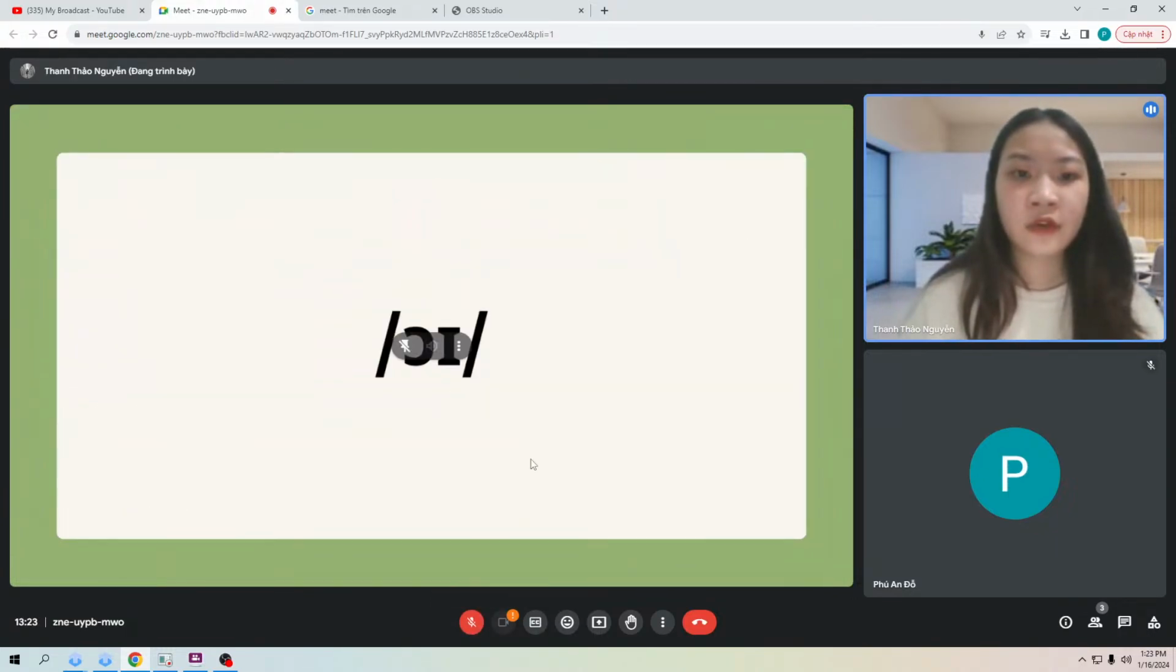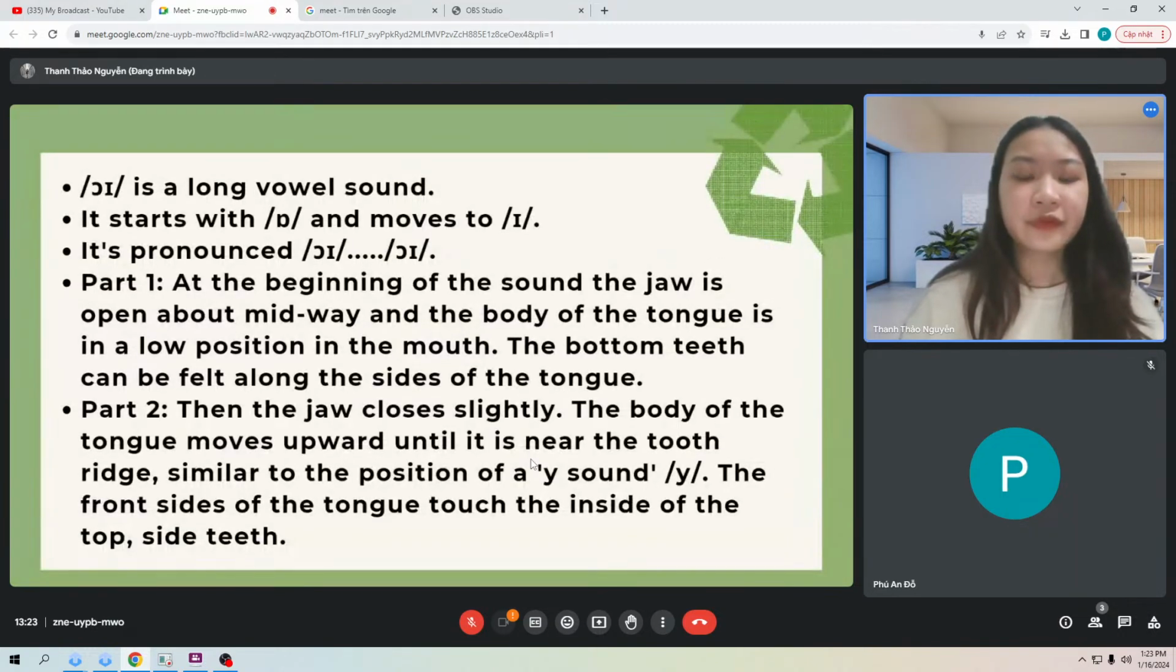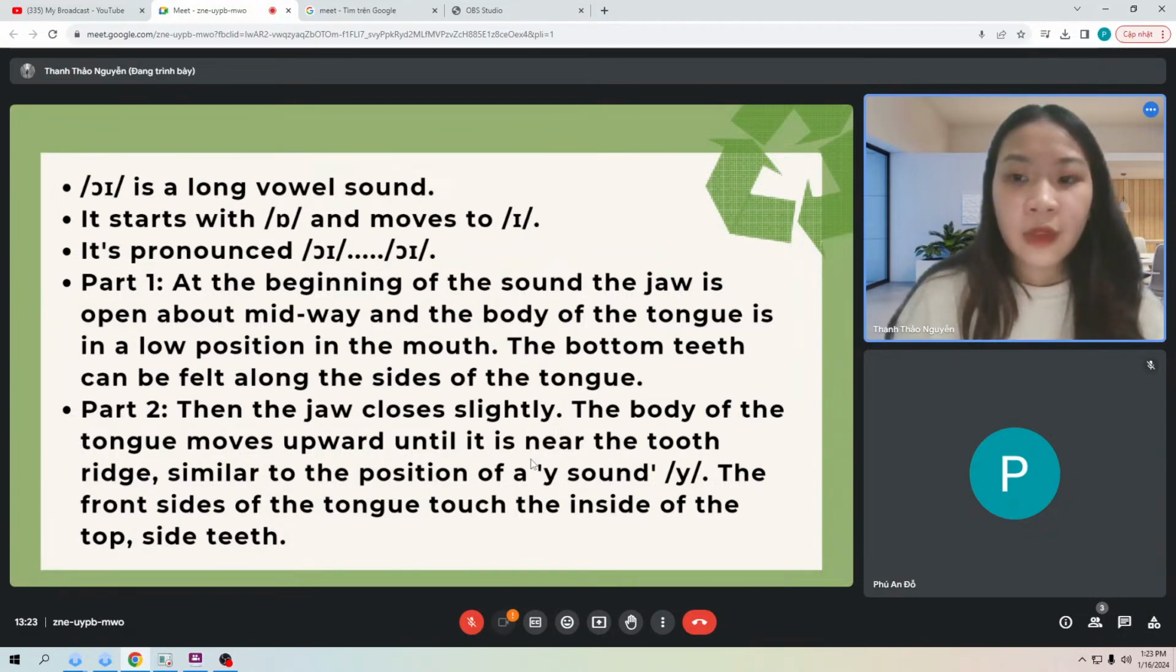And the last vowel sound today is the oi sound. About the oi sound, it is a long vowel sound. It starts with O and moves to I. It's pronounced oi. The first, at the beginning of the sound, the jaw is open about midway and the